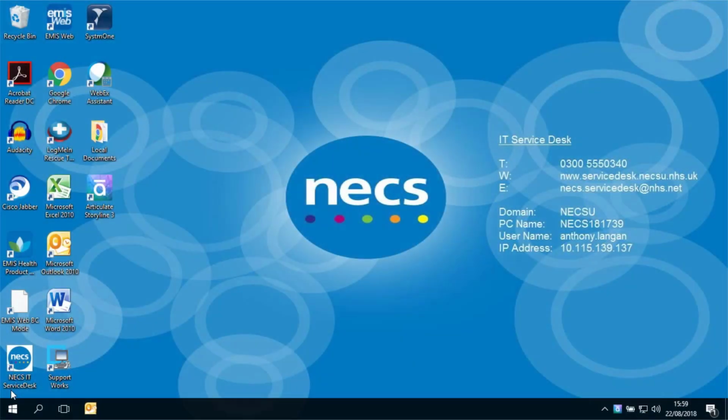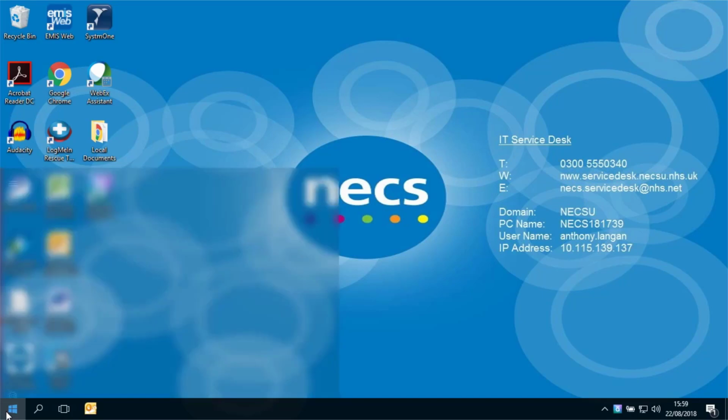We're going to take a look at the Windows taskbar. Now you'll notice that the Windows taskbar may look slightly different to a previous version, but it can still do all the things that we normally do. So we'll go from left to right, starting by clicking on the Windows Start button, and here we can see